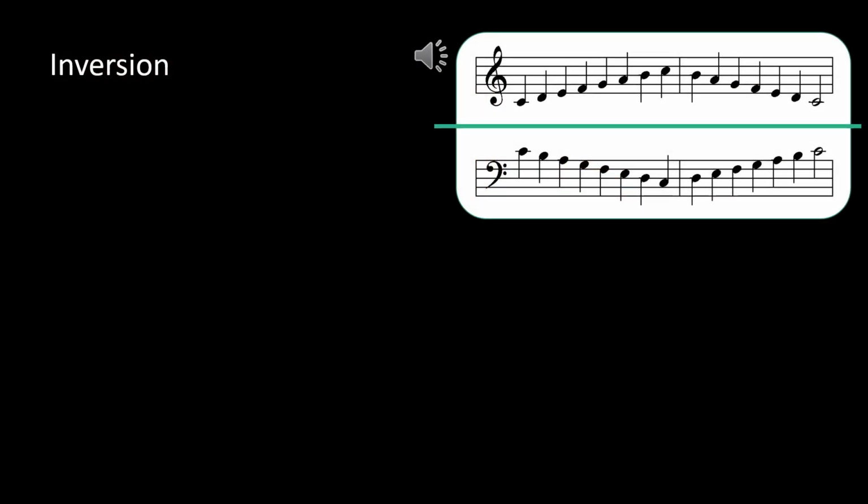So this is not a perfectly accurate representation of what we might do mathematically, but we can define it precisely. We can say, what's an inversion around a particular pitch? Well, if you're 3 semitones above it beforehand, then afterwards you're 3 semitones below it. So we can define it precisely, but it's nice to have a visual image.